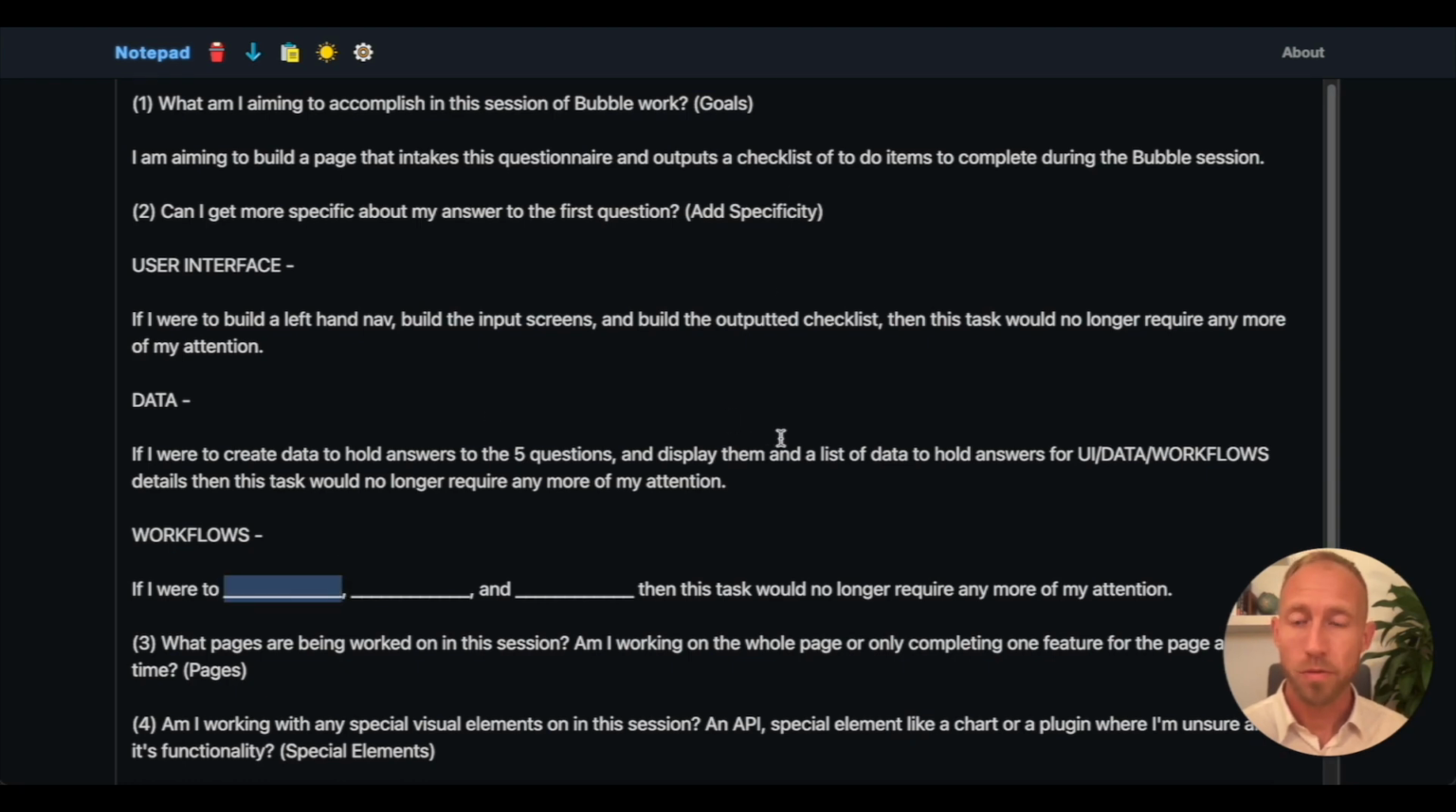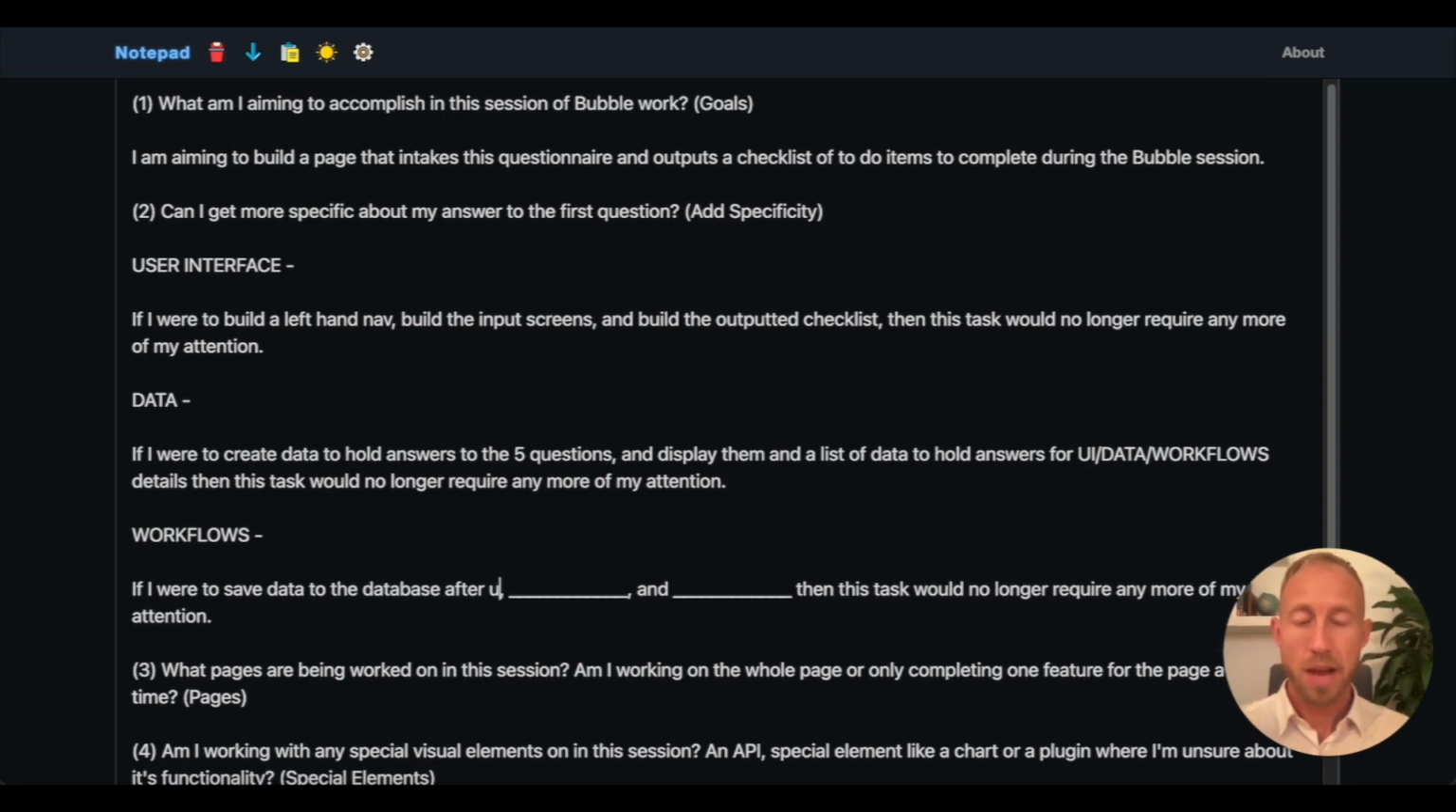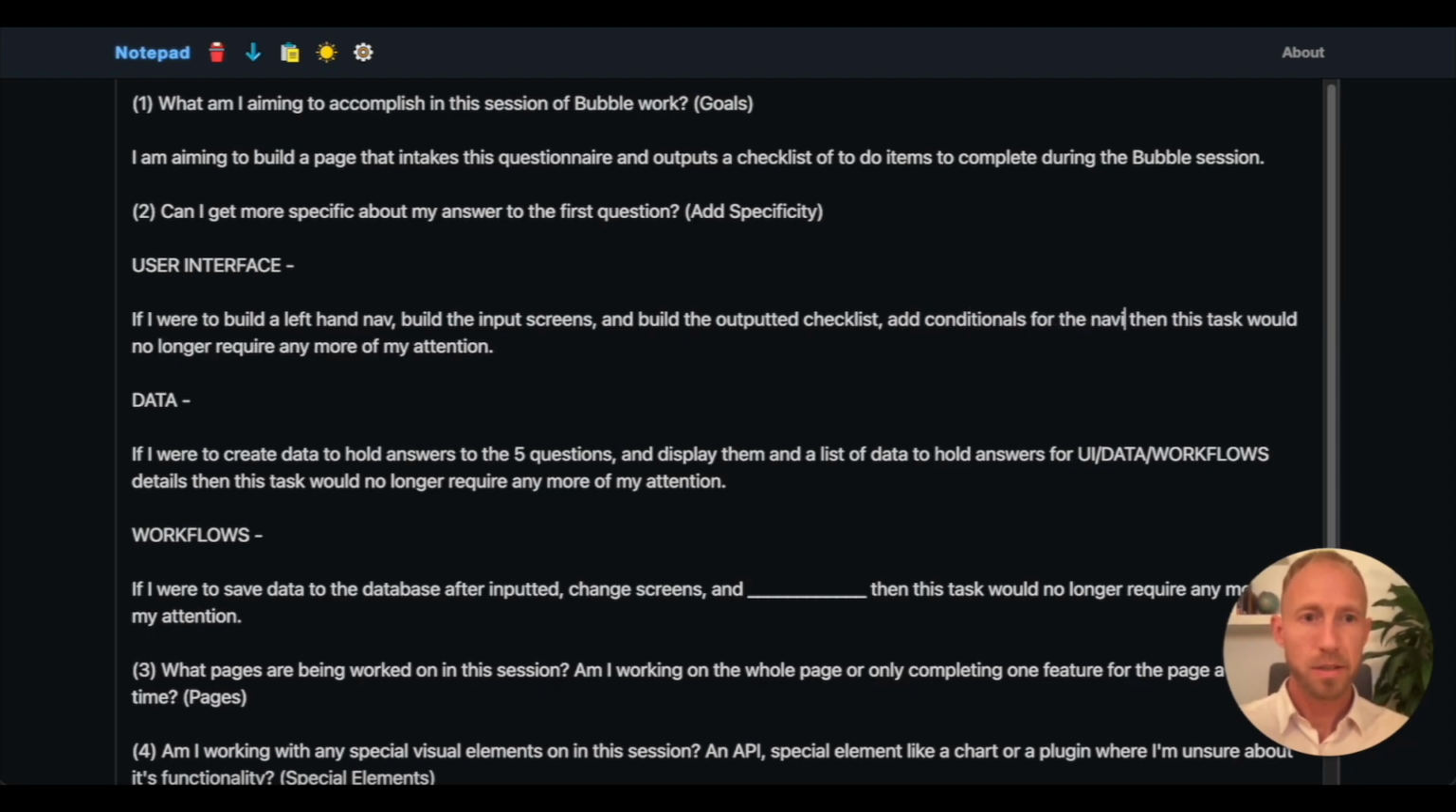So now for workflows, if I were to save data to the database after input, and if I were to, let's see, just change screens, and let's see, over on my interface, I'm also going to add conditionals for the navigation between